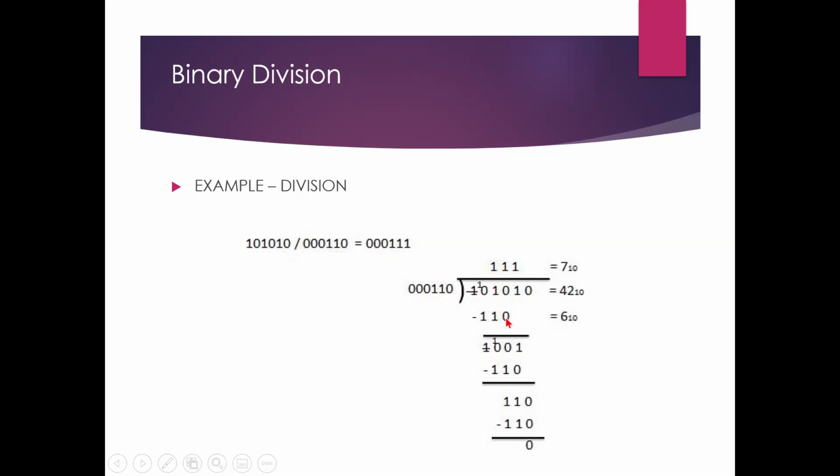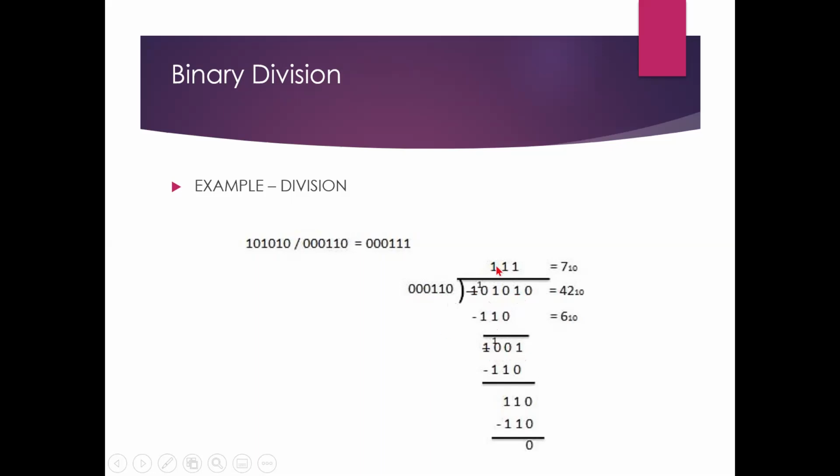1, 1, 0 ones are 1, 1, 0. You have to write here 110, because 101 is less than 110. So 110, we will write from this digit. 0 minus 0, 0. 1 minus 1, 0. Right? So here there is no, only 0 is there. You borrow it. That means 10. 10 means 2. 2 minus 1, 1. Now you bring down this 1 here.